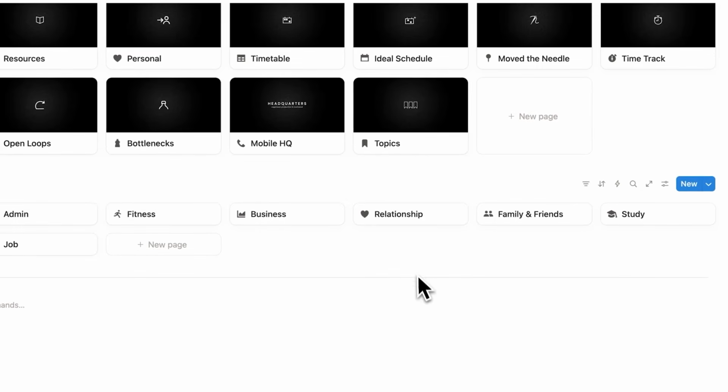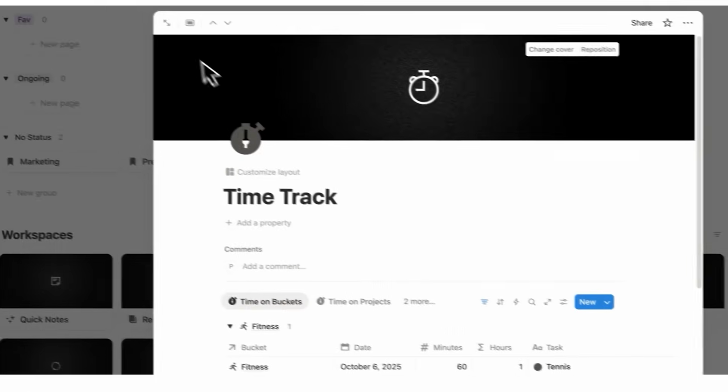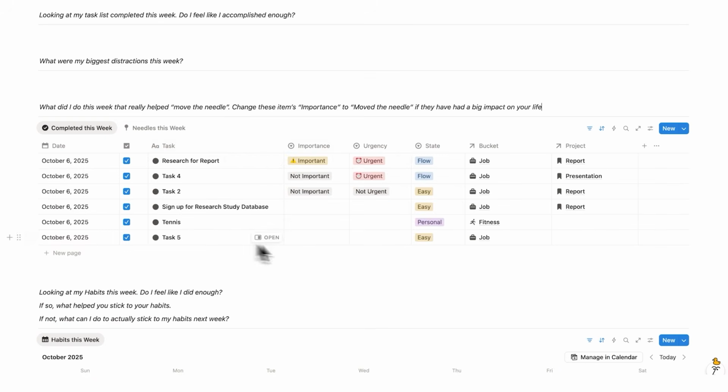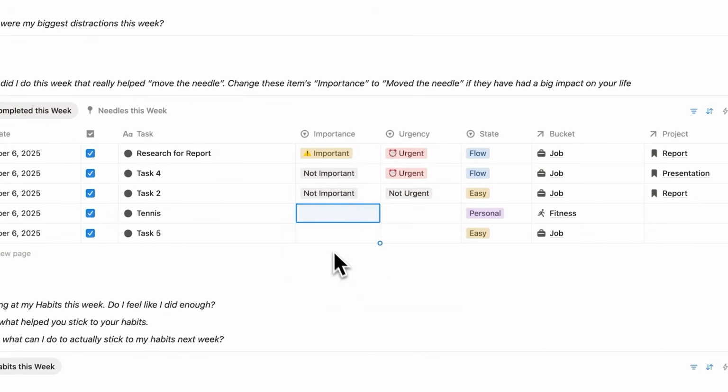There's also time tracking, so you can see how much time you're spending on each project. And one of my favorite features is the dynamic journaling feature, where with a click of a button, you can literally see every task you've completed this week to know if you're actually working towards these projects. And you can reflect on which tasks you're doing are